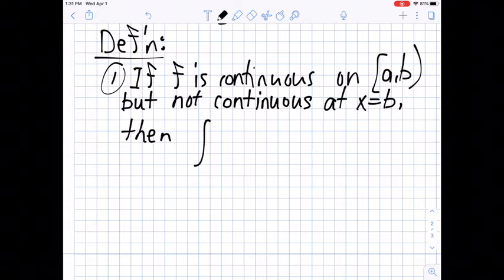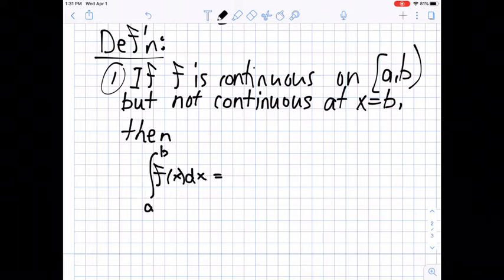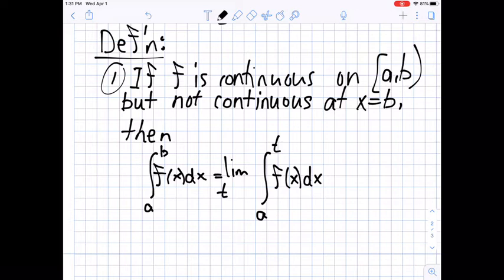Well, we would take here the integral from a to b. We have our discontinuity occurring at x equal to b, so we can introduce our parameter, let's say t, and then what we do is a limit as t approaches b. Okay, now again, this is going to be here a one-sided limit, so you have to figure out which one